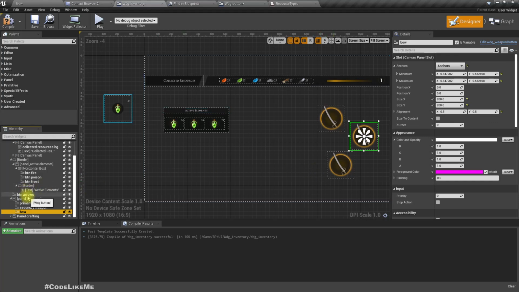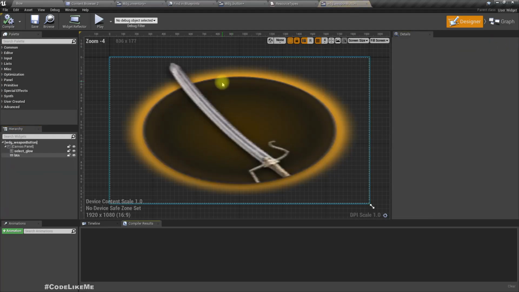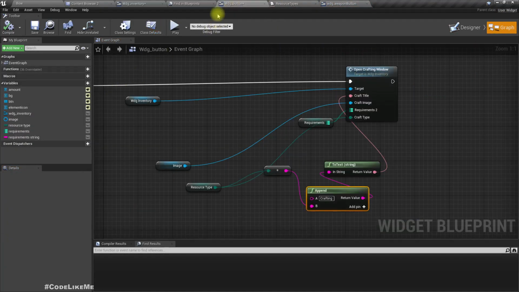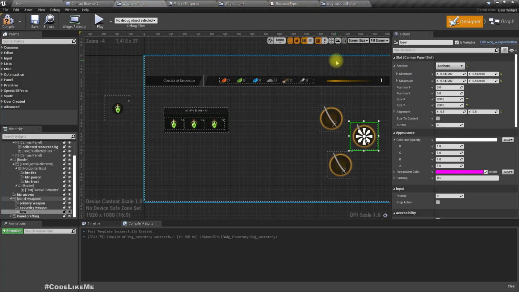Yeah, but bow button is based on widget weapon button, and button arrow is based on edit widget button. Let me open this one, and also the